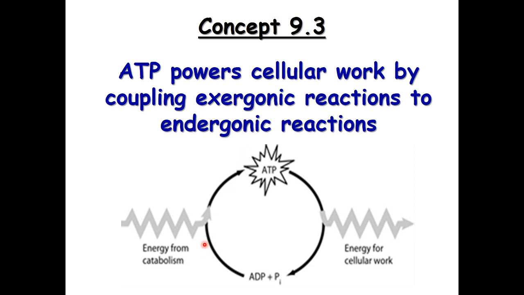So look at this. If you have catabolic reaction here, releasing all this energy, right? This arrow is releasing energy. And the energy that's released in catabolic reaction is actually stored in the form of ATP. So later on, when your body wants to make stuff through anabolic reaction, the ATP can be used for cellular work, okay? And once ATP is used, it becomes ADP again, and then the catabolic reaction can turn the ADP into ATP again.